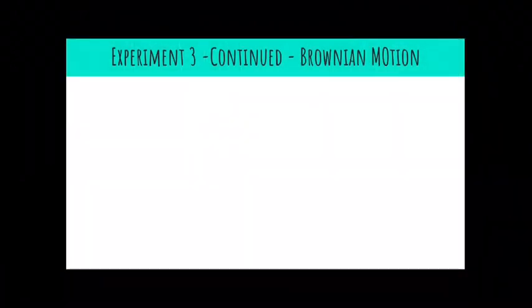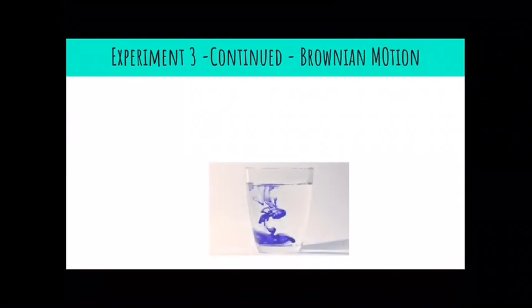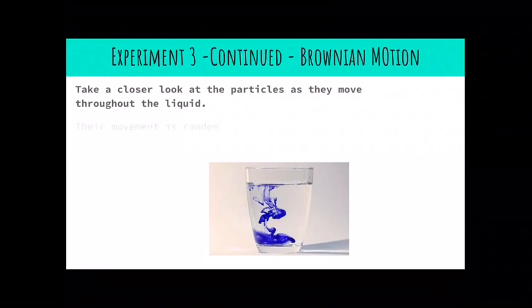So now if we look at experiment 3 a little bit closer, I would like you to observe the motion of those particles. When you look at the particles as they are left in the liquid, so I'm not talking about when they fall into the liquid, but as they are in suspension in the liquid, I would like you to watch their motion. And you will see that their motion is quite random. Okay? It moves randomly, and that is because the particles are colliding with each other. As they collide with each other, they change direction.